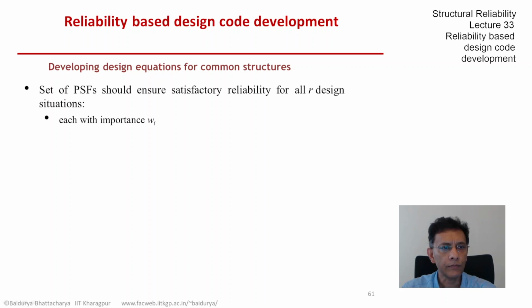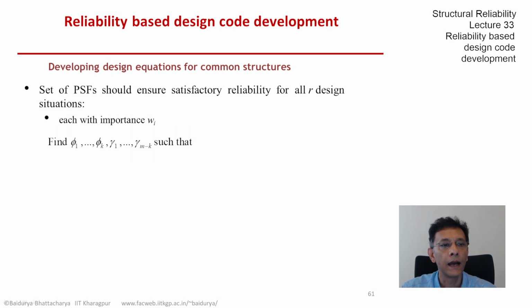Each of these R design situations has its own importance. So if we have to see how well our design equation is doing, we might weight that with the importance